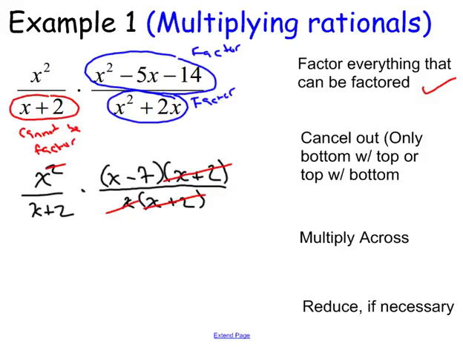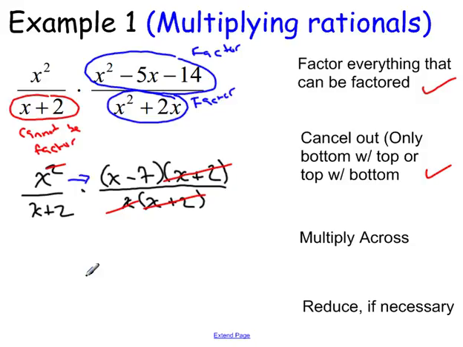And now I could multiply across. So I just finished step 2. I canceled out everything that could be canceled out. So now I'm up to the next step. Step 3, multiply across. So I'm going to have, let me use a different color for this, x times x